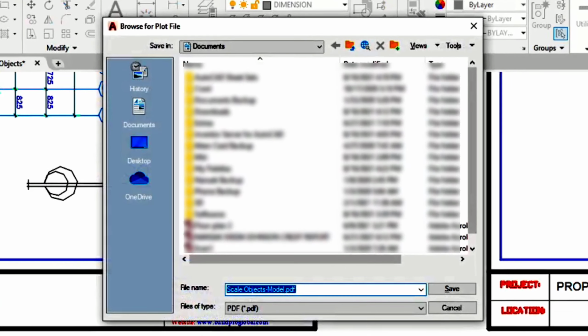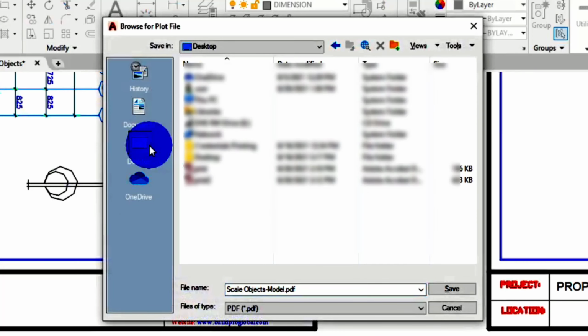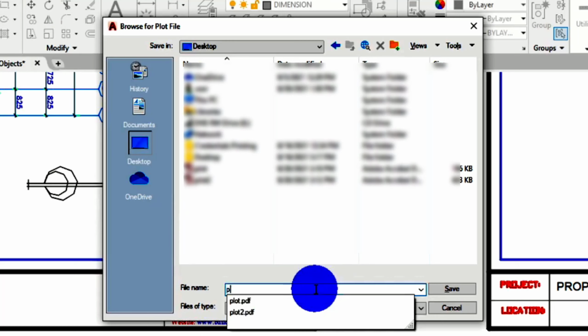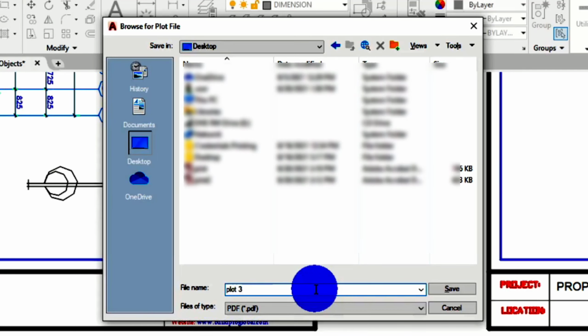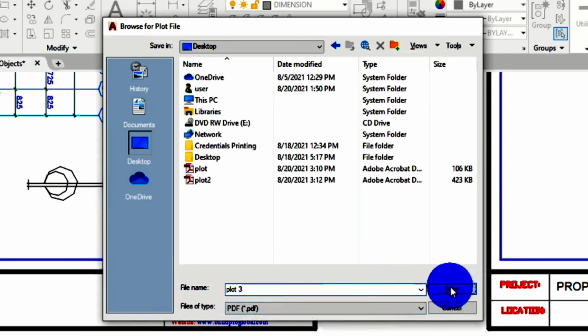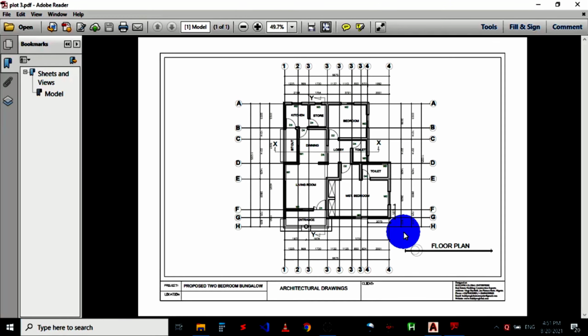AutoCAD will now take me to this directory where I need to specify where my file will be printed to. But if I had connected a printer, AutoCAD would automatically print. There would be no need of opening this directory. I'll give the file a name and click on save. AutoCAD automatically exports the drawing in monochrome style. So you can see it over here. If it's printed to a printer right now, it will come out in black and white.